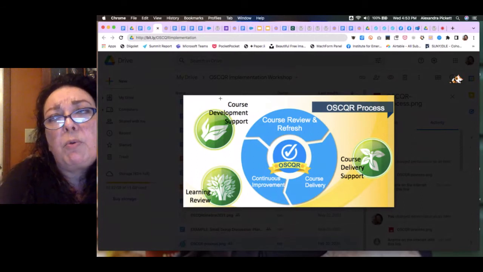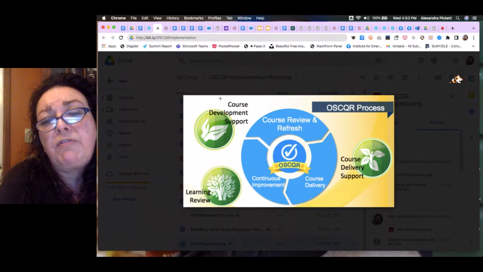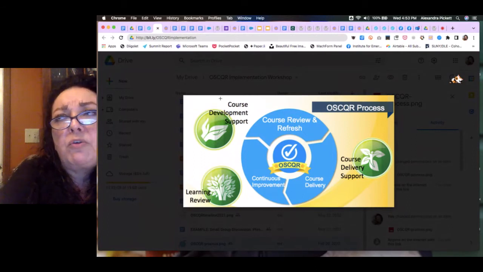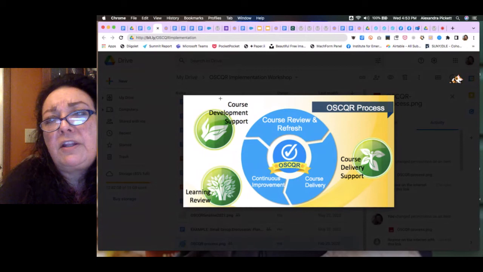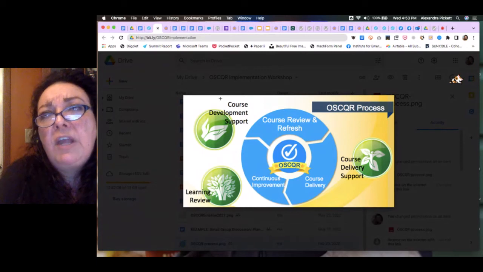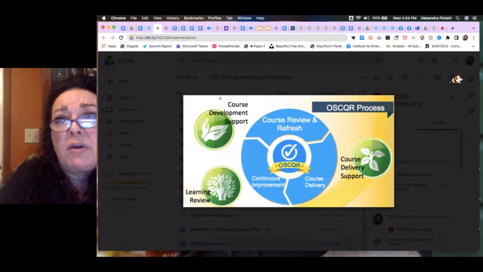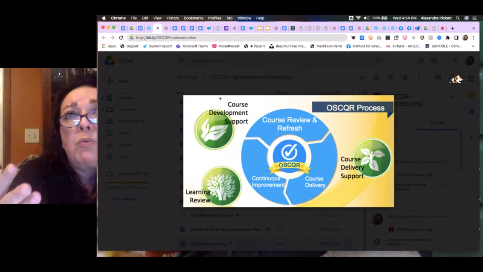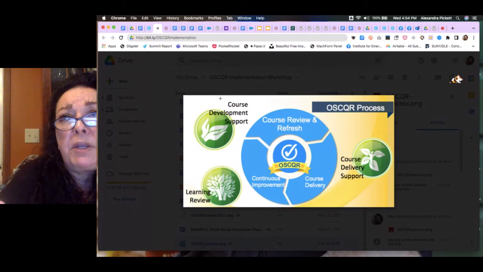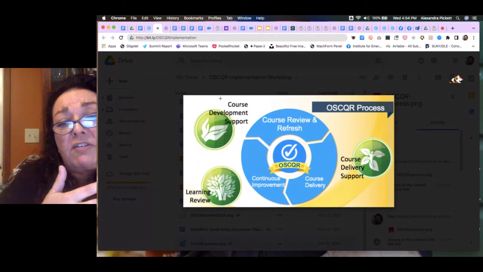The review then points to things that need to be refreshed, that once the refresh is completed, the course gets delivered either for the first time or again. And then there is a what worked and what can be improved period, where you look at how things went and you look at the review that you made and determine what changes you want to make for the next time the course is